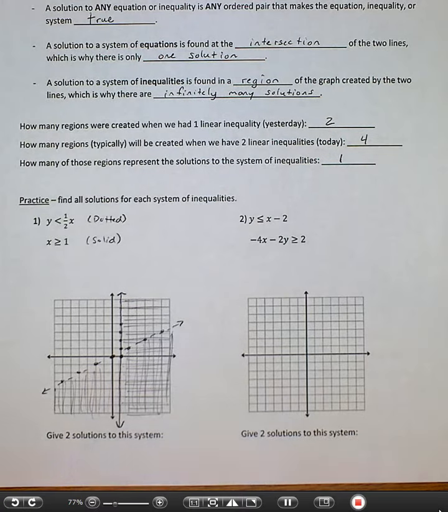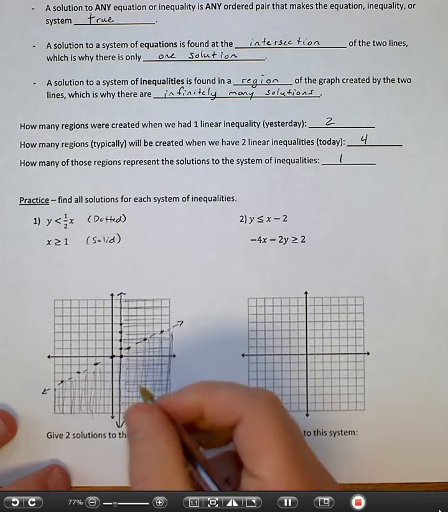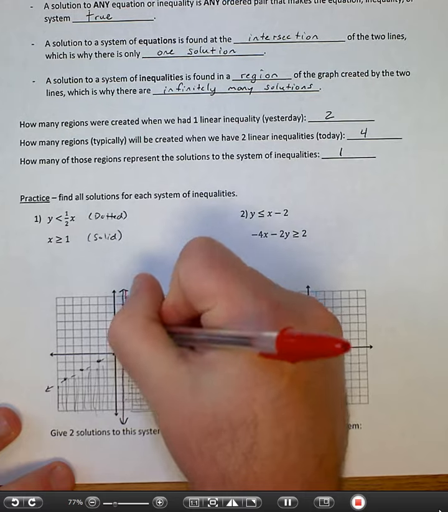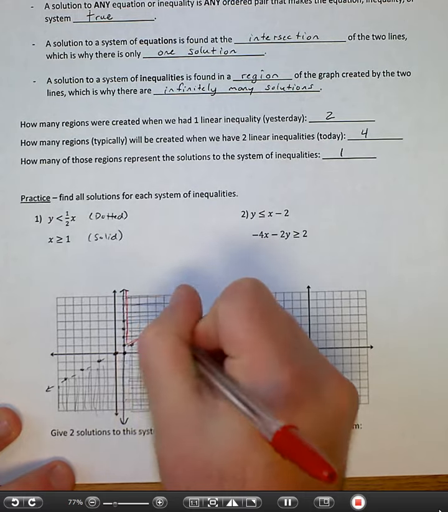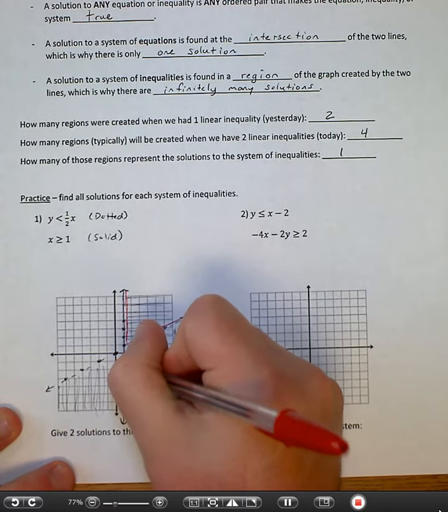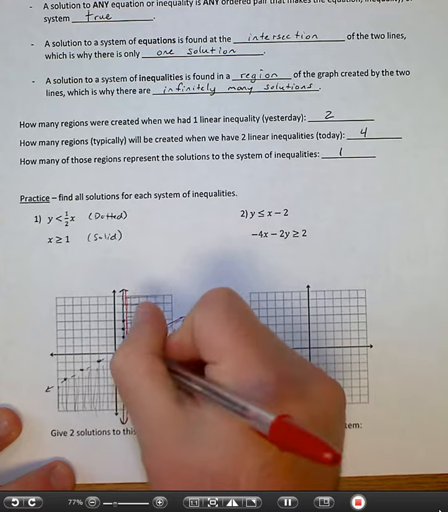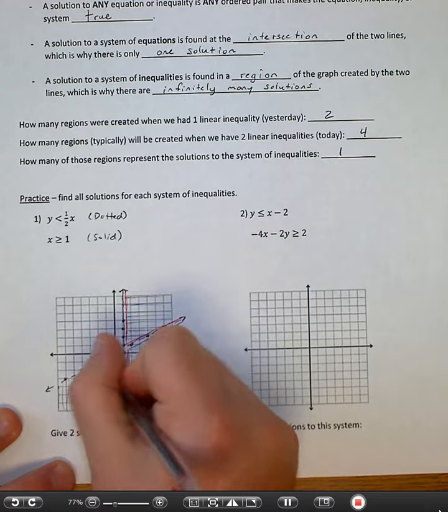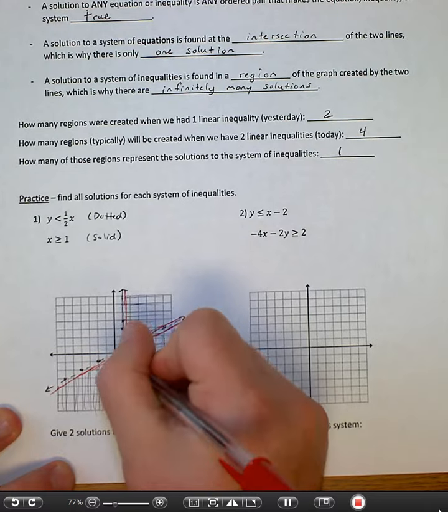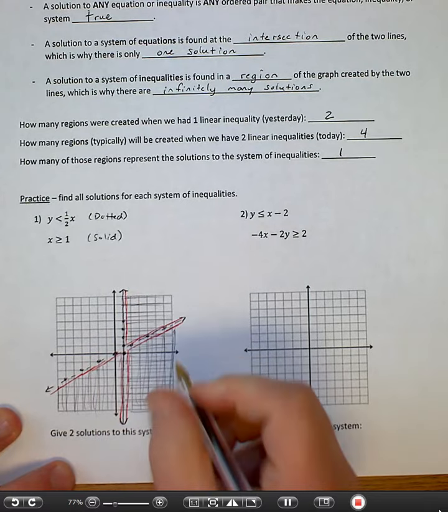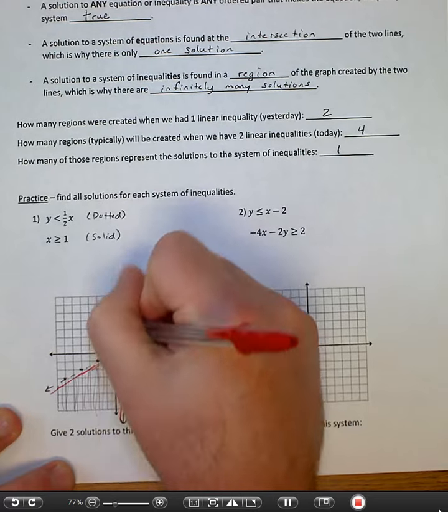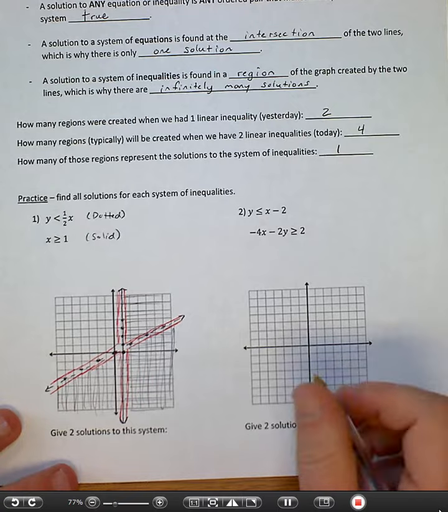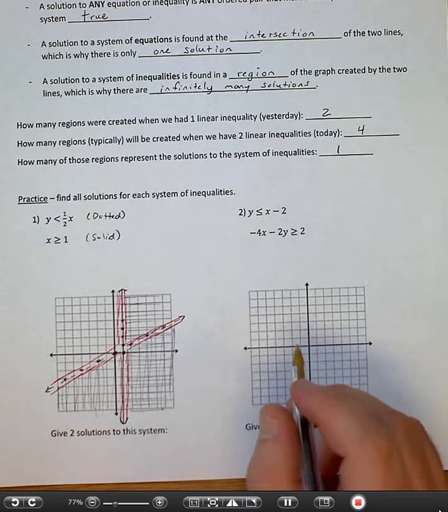I think it'll help. So, we have 4 regions. I'm going to outline the 4 regions. So, there's a region. Basically, I'm just tracing the 2 lines. There's a region. There's a region. And there's a region. Okay? So, region 1 up here